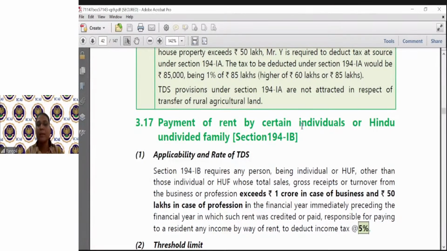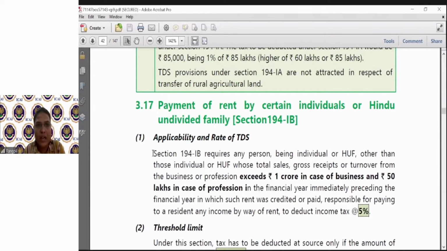So this section is applicable only to those individuals and HUF who are not required to deduct TDS under section 194I. That is, in the last financial year, if they are into business, their turnover from business is less than 1 crore, or if they are into profession, their turnover is less than 50 lakh rupees. Okay. So this provision is applicable to those individuals to whom the relaxation is given under section 194I. Okay, so